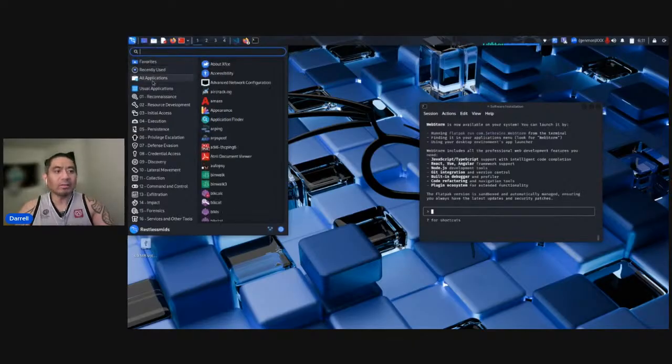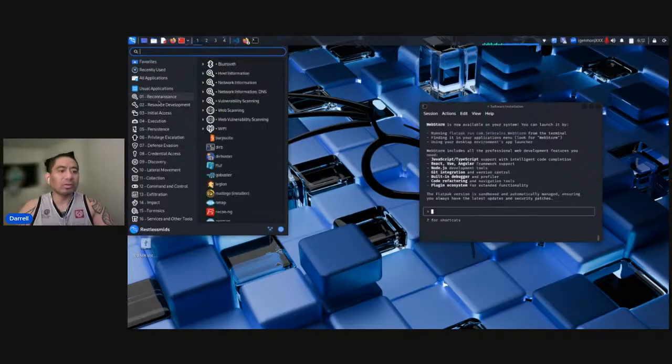So within Kali Linux, you have about 16 categories. You have the reconnaissance, which is the Bluetooth, host information, network information. And like I said, I'm still learning, so bear with me. At the same time, there are tons of videos of Kali Linux and how to get started in Kali Linux. So please feel free to do a YouTube search on getting yourself up to speed with Kali Linux.